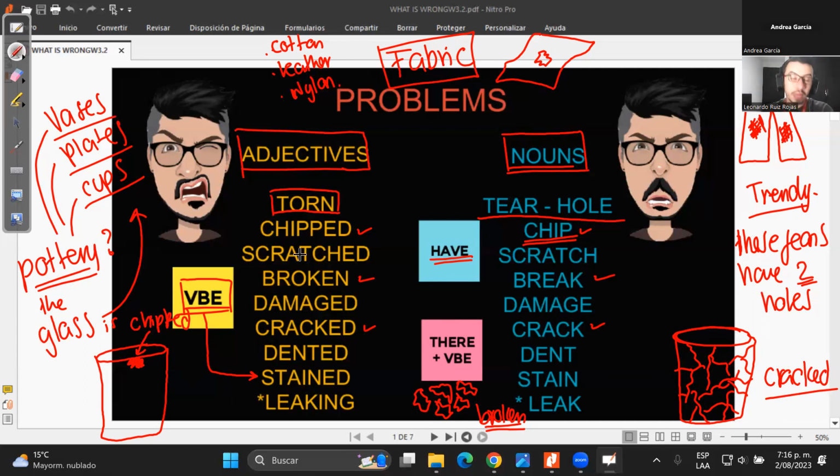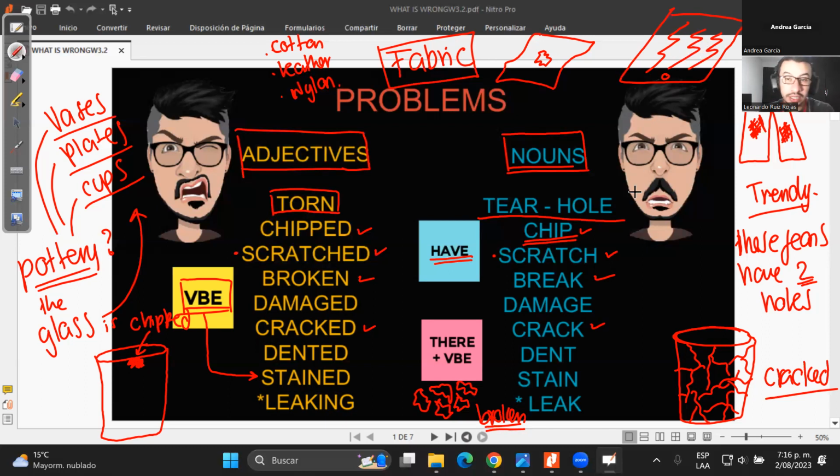Well, also we have the problem that it's scratched, or scratch, right? Especially caused by animals and women with very long nails, no? So when I have something which is scratched, it's because it has some lines on it. For example, my wife has her cell phone scratched because she has long nails. So when she's scrolling down, she scratches the screen, right?